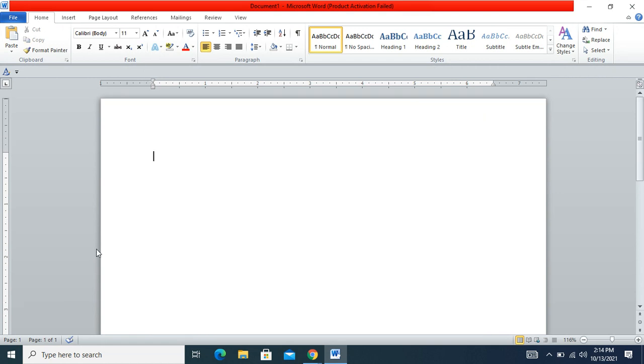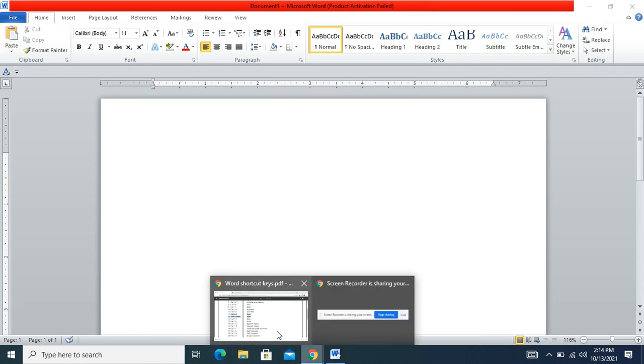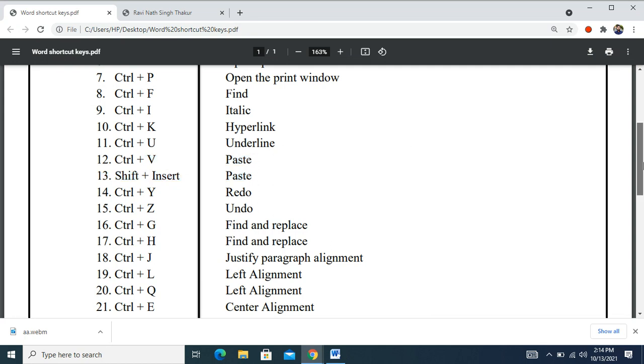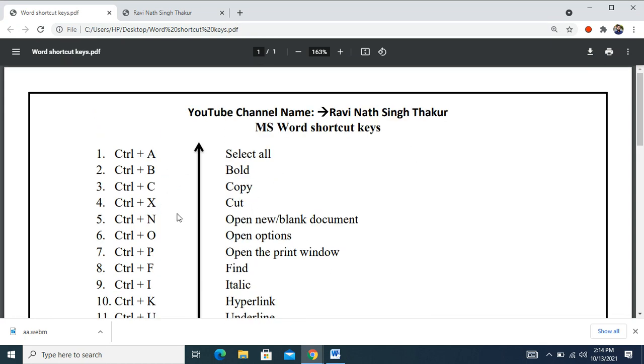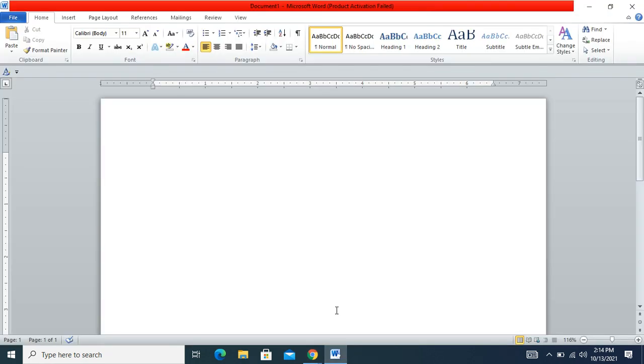Next shortcut key is Control plus X. That is used to cut the text and paste that text into another location. So is equal to rand.